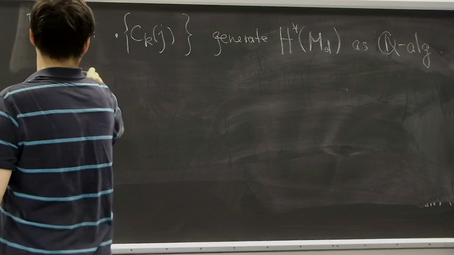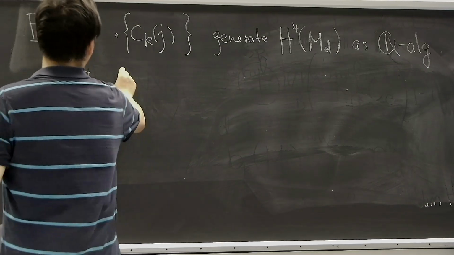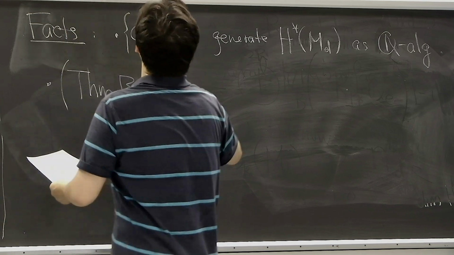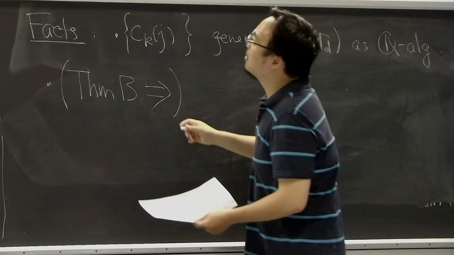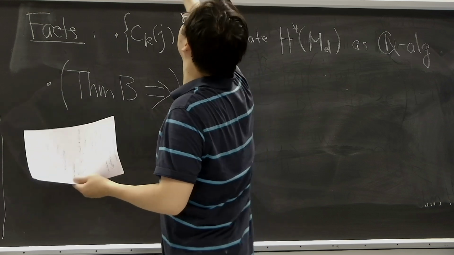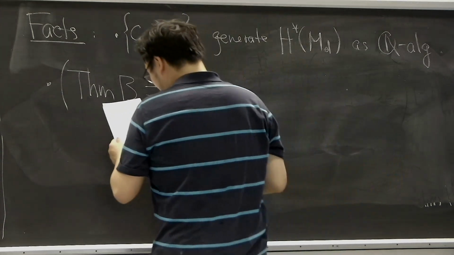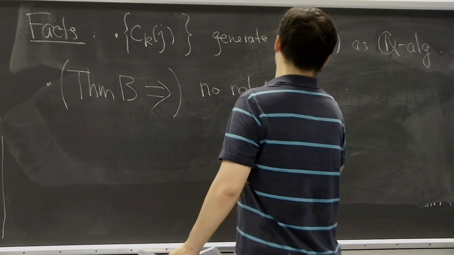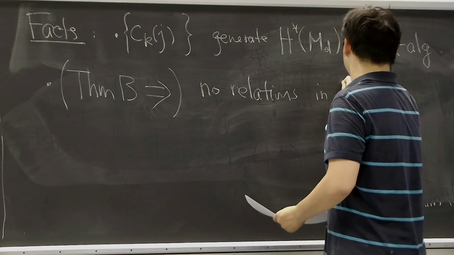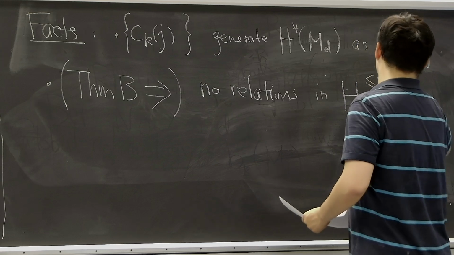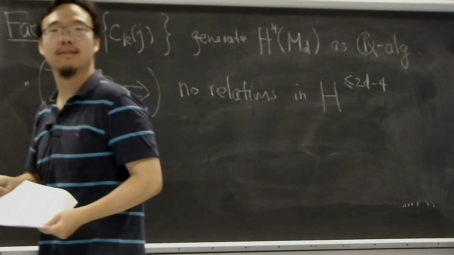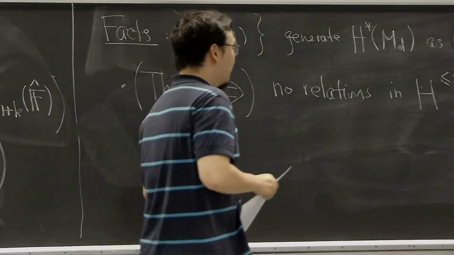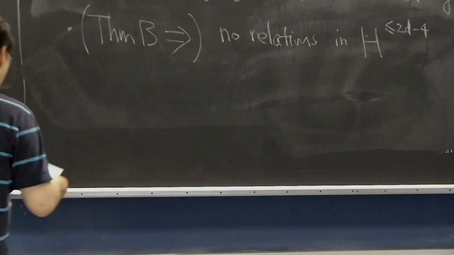And the second, which is actually guaranteed by theorem B I explained last time, which is the cohomological version of the unrefined version for the stabilization. It tells us that there are no relations between these classes in degree up to 2D minus 4. You just count monomials, and there's no room for relations because they generate. Okay, so now